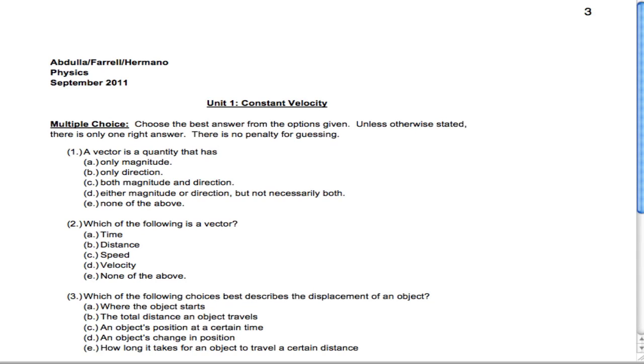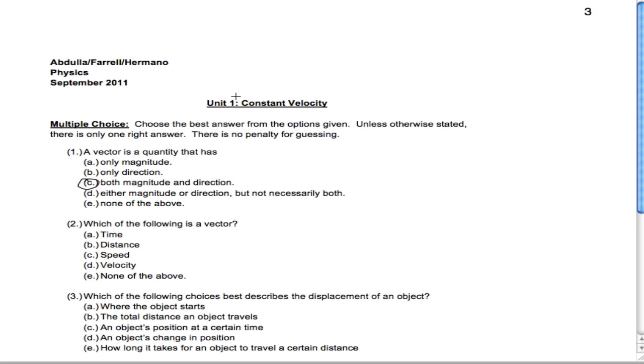To start reviewing all these exams that we've taken in class, let's jump in and get started. Some of these answers are going to be straightforward, and others are going to require a little bit of work. There are certain things that you just have to memorize, and I want to make sure that we get through those quickly. So, for example, question number 1, a vector is a quantity that has both magnitude and